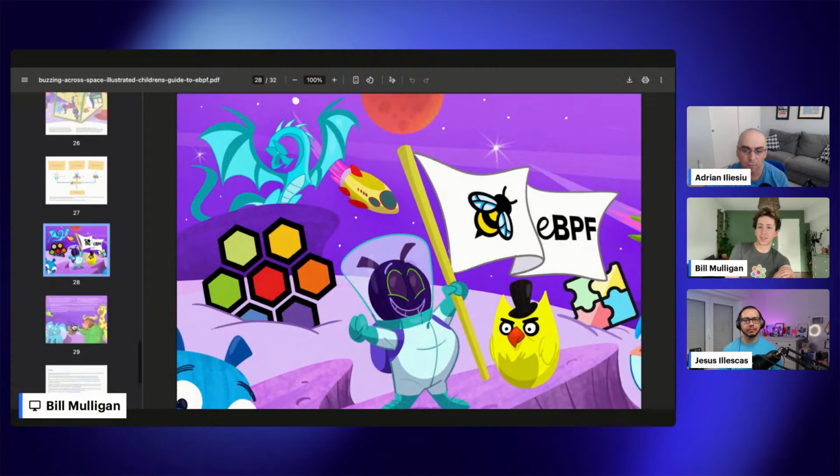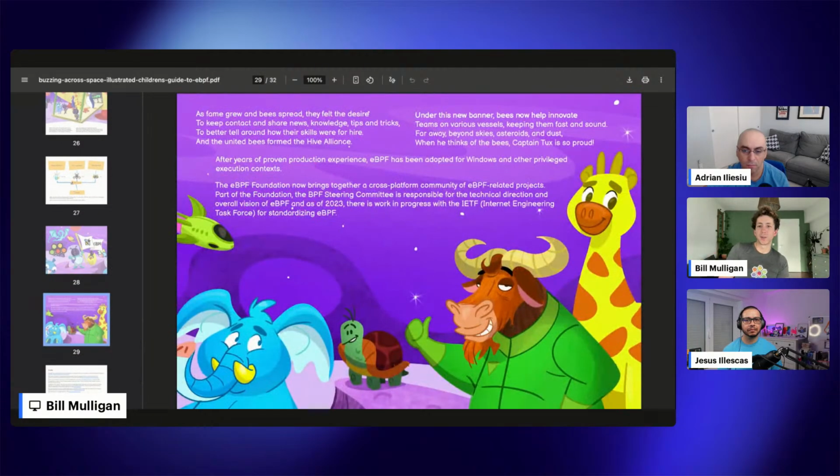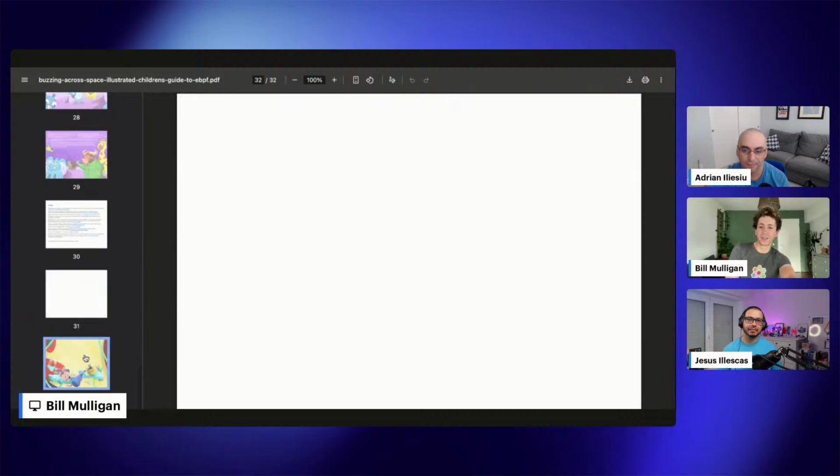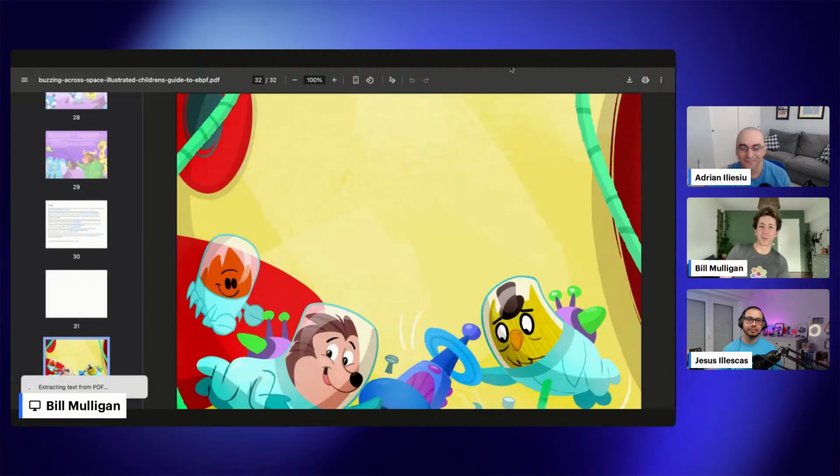And then, yeah, we just had a summary: there are a lot of great things happening in the ecosystem, and it's going to be a great next decade of innovation. And that's a little bit about the very, very brief introduction to eBPF from the children's book.